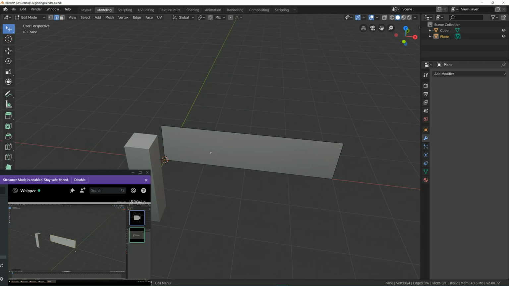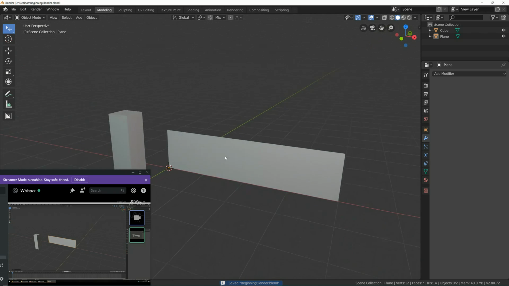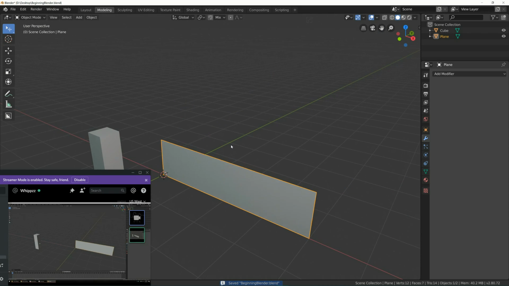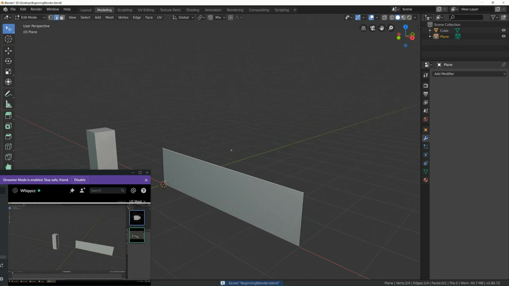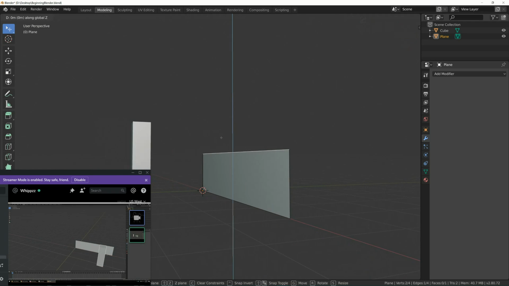However you want to do that, wherever you want that corner to be, that's fine. So now we have 4 units long. This will be kind of how wide our wall piece will be. Alright. Then we need to figure out how tall we want it. So GZ, and I'm just going to snap up